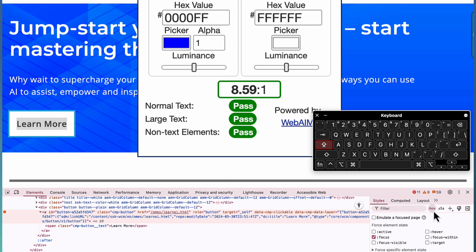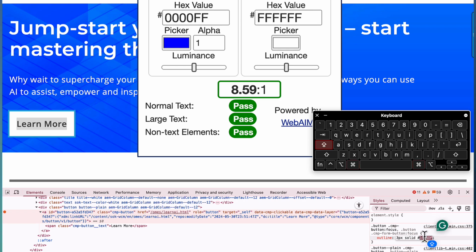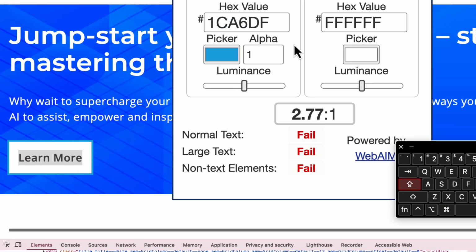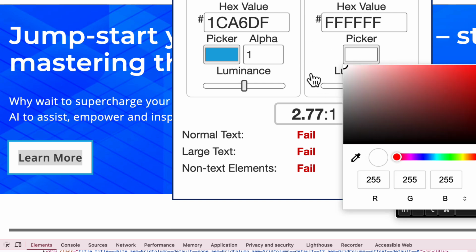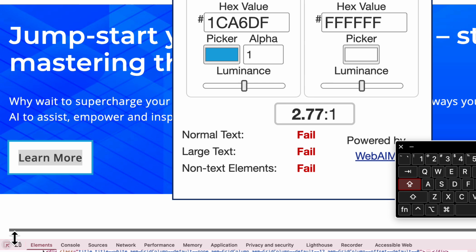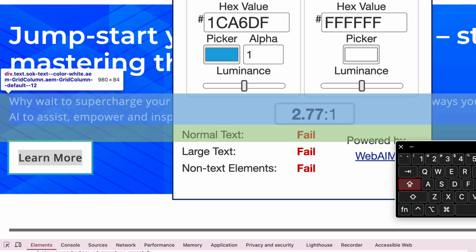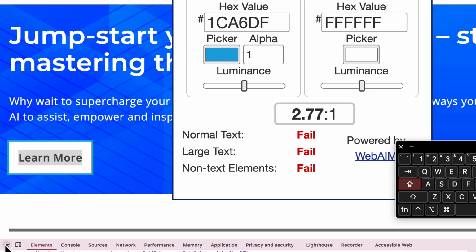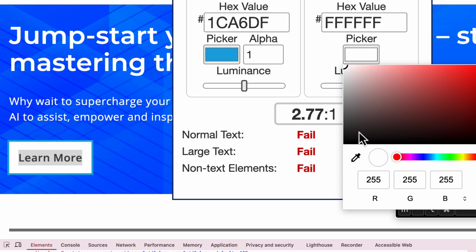Now I'm going to close the panel, take the color, copy and paste it as foreground, and I'm going to get the blue color. Now, since this is a background image, the color is not going to show, right? Because the background is an image, the color is baked into it. So what I'm going to do is click the color picker and get the color.